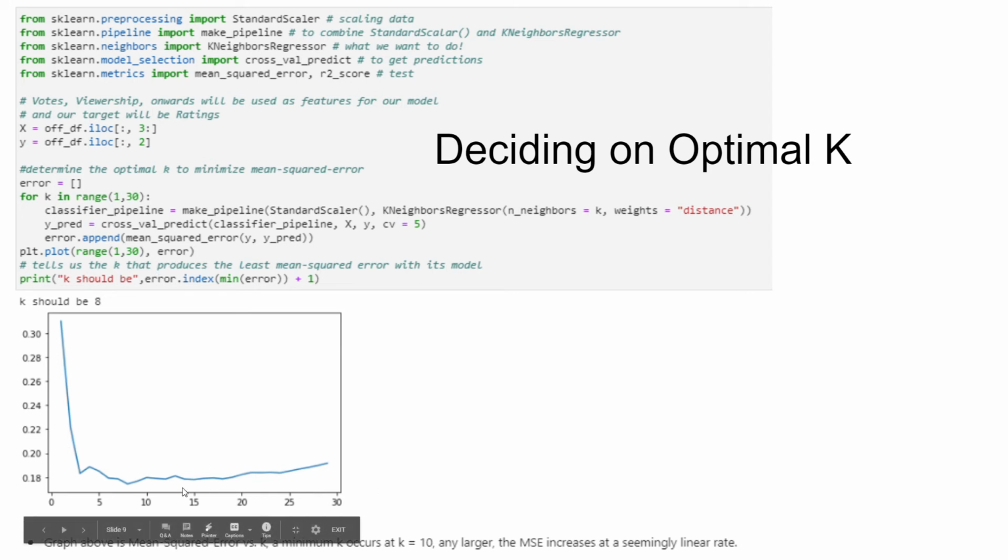And it looks like from our plot that K equals either 7 or 8 would be the K that would result in the lowest error. But just to make sure, we'll print it out. K should be error.index(min(error)). So this is the index from our list that goes from index 0 to 28, that will result in the lowest error.